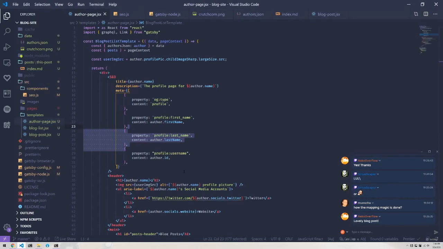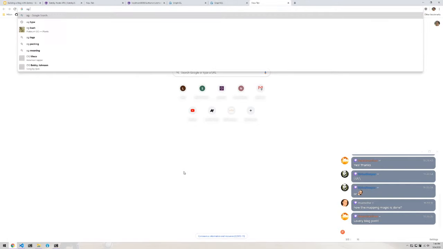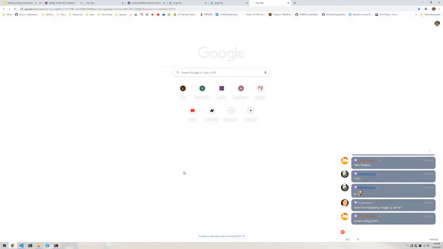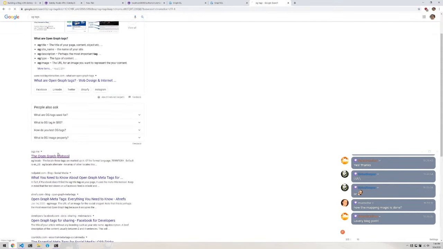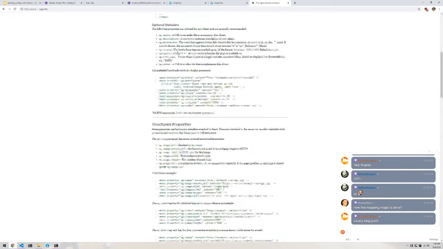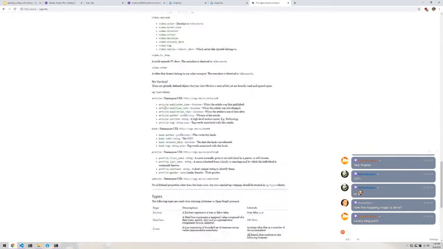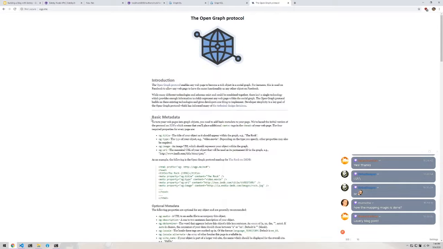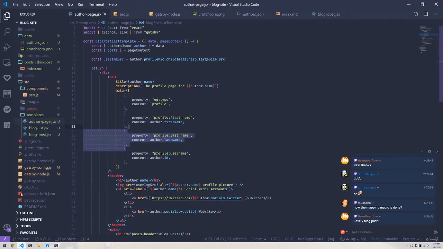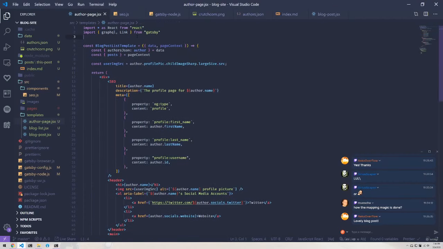So it's under, what is it? OG tags. They have a whole website that's dedicated to this. That explains which tags to use when, what tags are available, and it'll help you with social media and all sorts of other things. So I'm going to import that SEO tag from